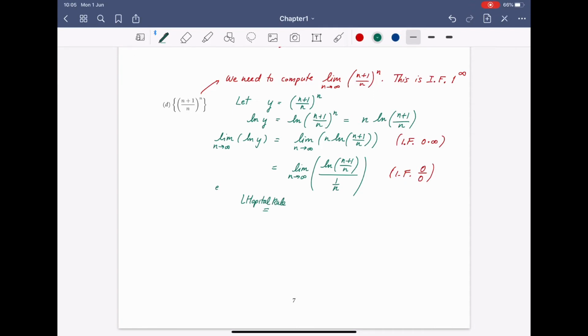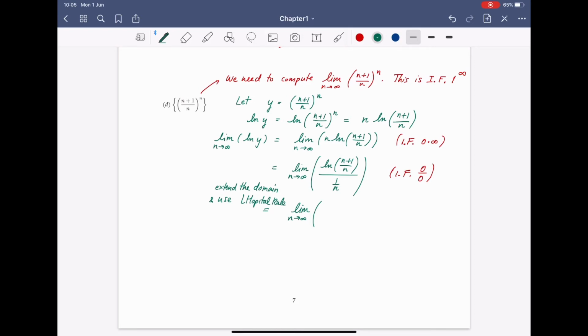Before using L'Hopital's rule, you have to extend the domain first. Suppose that we have extended the domain already, so we treat n as a real number, and then we just use L'Hopital's rule. So we're going to have the limit as n goes to infinity of, differentiating the log of this thing,